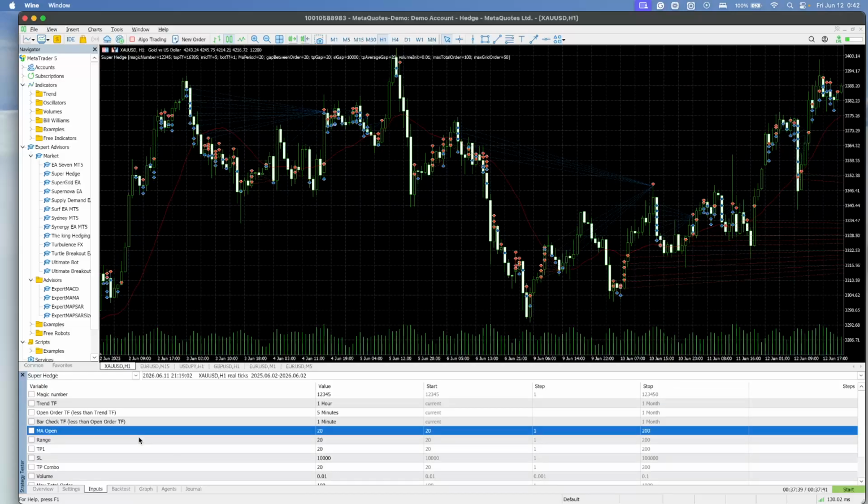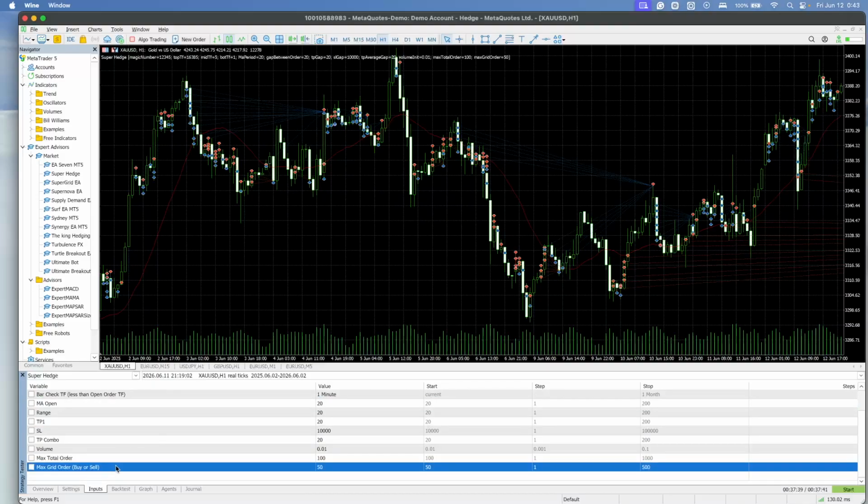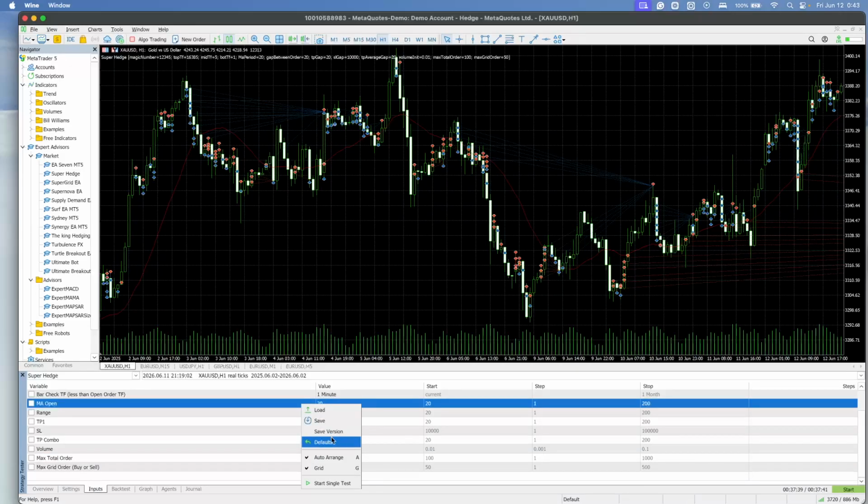We also have the hedge recovery logic, the configurable take profit levels, and the other grid limits for control. It emphasizes ease of use and flexibility across any symbol while letting users tune the aggressiveness through those max order settings: the max grid order buy or sell and the max total order. Now I use the default settings to run